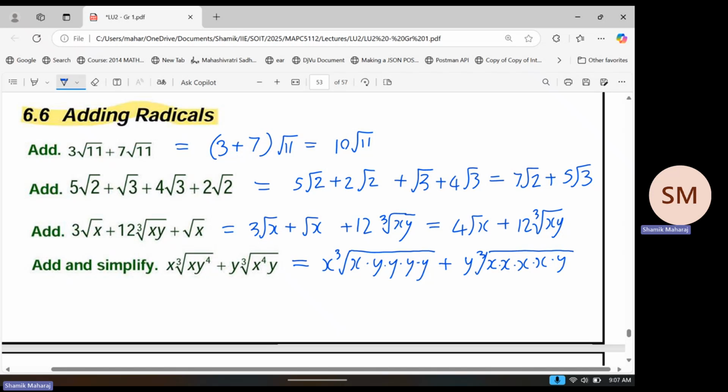I can pull out a single x and a single y from the cube root, because that's common to both. Okay, so let me do that. What if I pull out a cube root of x, y, and then just see what's left over after that? We have here,